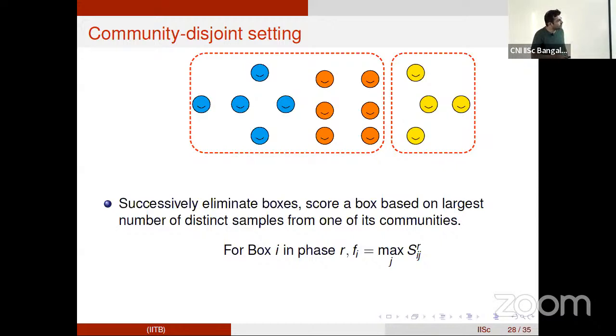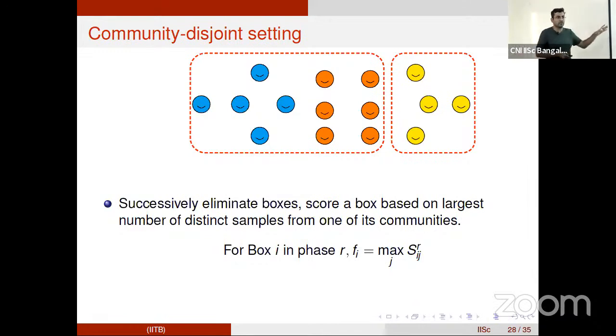So you look at box i, you go over all communities in box i: how many individuals have you seen from community 1 in box i, community 2 in box i, and so on. Choose the maximum one, and that is your score for the box. So again, this gives me how likely this box is to contain the largest community.